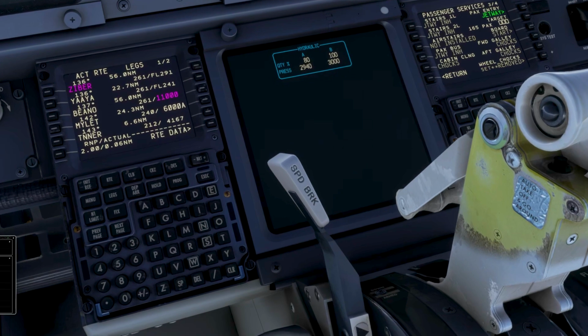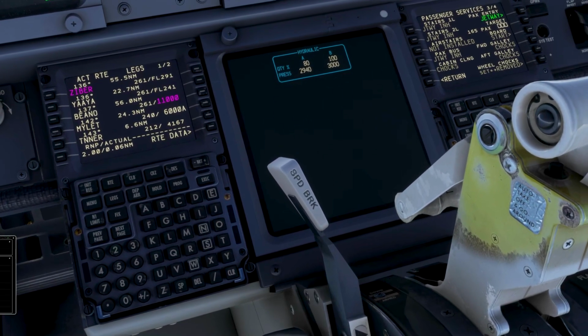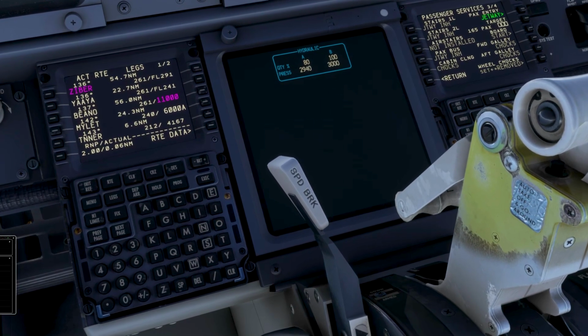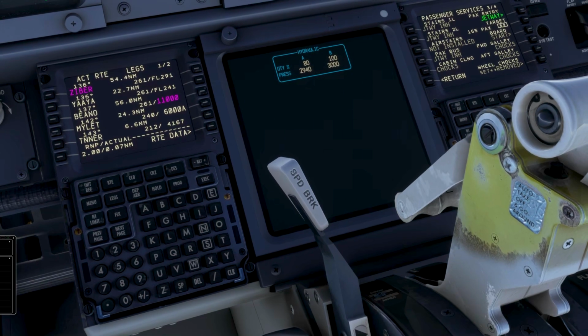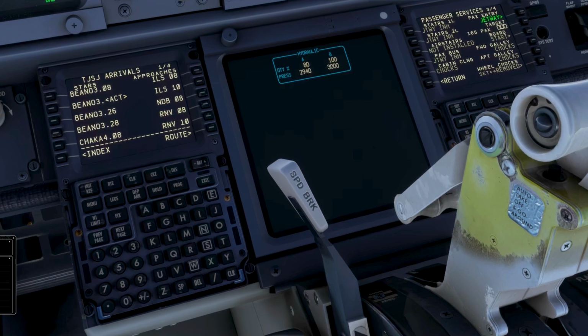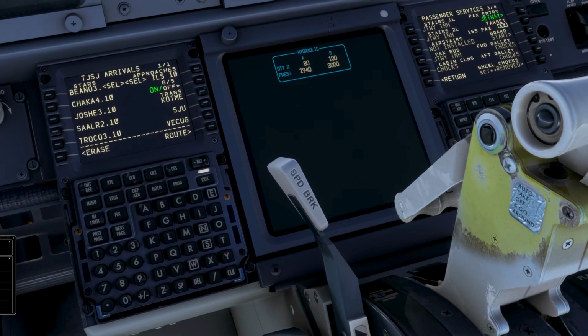Okay, and that'll be a visual approach, but we'll just plan for the ILS approach. It'll be a visual into runway 8. So let's go ahead and do that right now. Let's go to arrivals here. Oops, fat finger this stupid thing again. All right, ILS runway 8,